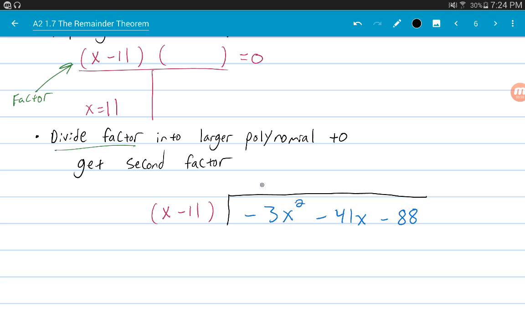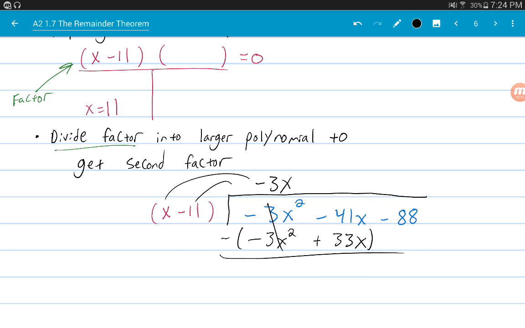X goes into negative 3x squared, negative 3x times. Distribute that down. Negative 3x times x is negative 3x squared. Negative 3x times negative 11 is going to be a positive 33x. Parentheses and subtract. Now, negative 41 minus negative 33 is going to be